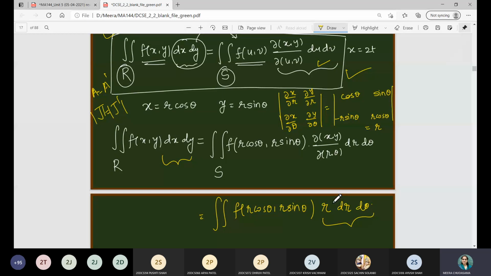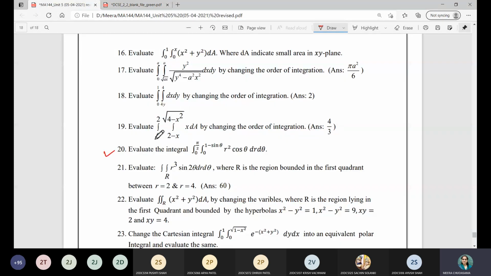So let us see this via one example. You have to be very careful in these examples when we are going to take the limits. While changing the limits, you have to concentrate on theta and on where the value of r varies from and to. Another thing you have to keep in mind is that in the integrand, x and y will be replaced by r cos theta and r sin theta respectively. So let us see via one example.